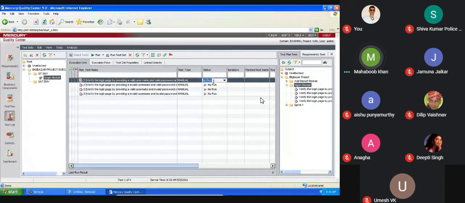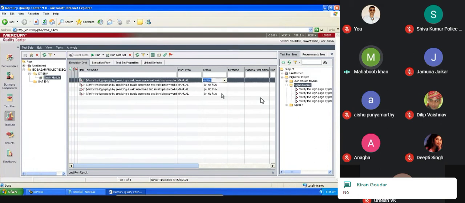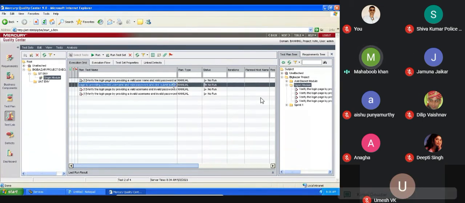Now let us see what are the different statuses there are. Failed, Not Applicable, Not Completed, No Run. Have you seen these anywhere? Not Applicable, Not Completed, Failed, Passed. This is the status report you send to the lead, and this is how it looks. Got it, guys?